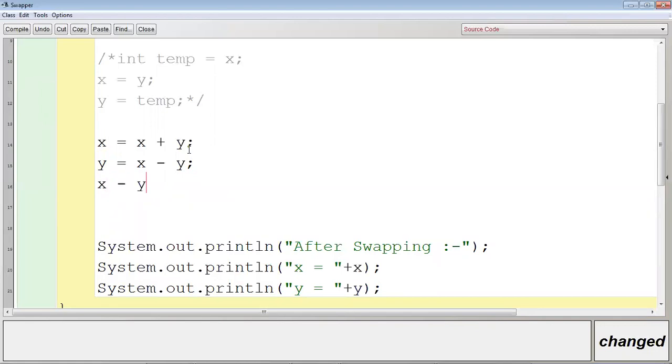Now, what was the current value of x? 100. What was the current value of y? 70. 100 minus 70, 30. Where to put 30? In variable x only. So this is the logic for swapping the values of two variables without using the third variable.